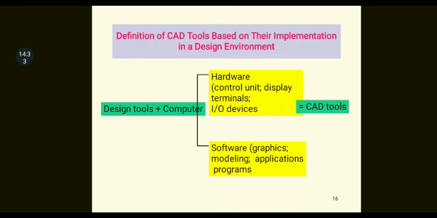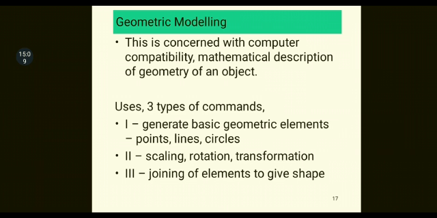Then there is also software present in that, that is a graphic package, that does modeling, etc. Then some application programs. Okay, all these things comprise software and hardware, the computers. All these put together, we try to adjudge that these are CAD tools. Okay. In the sense, we define CAD tools with respect to design tools and computer software packages, etc. Right? Then, what exactly is geometric modeling? Right? We need to understand that.